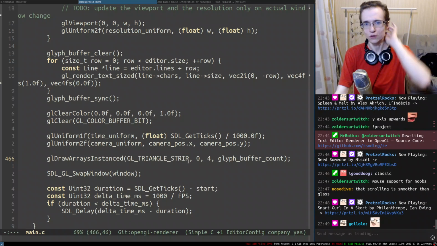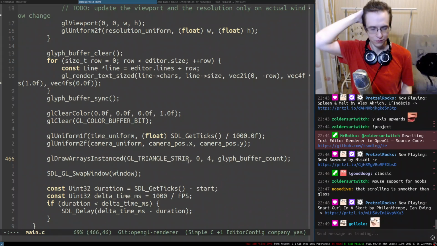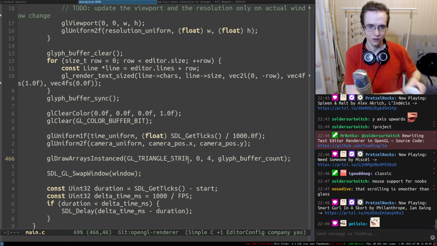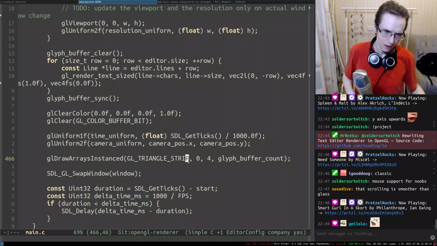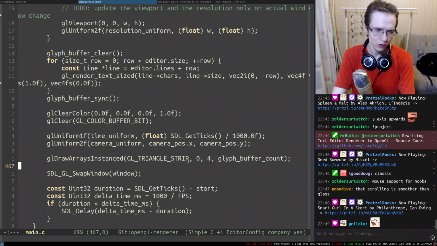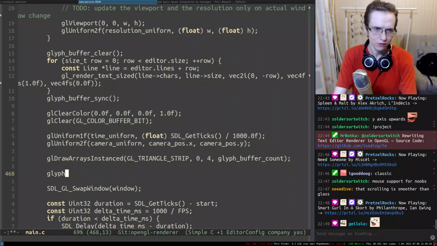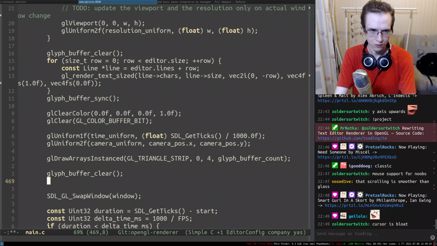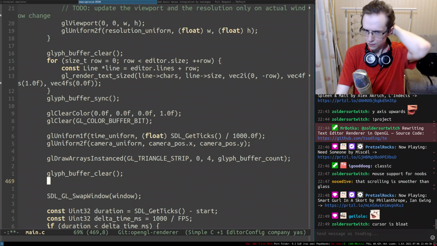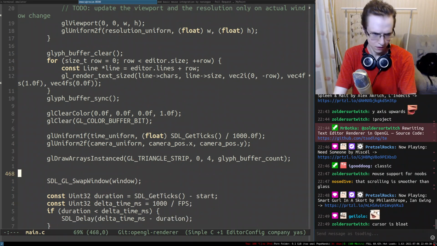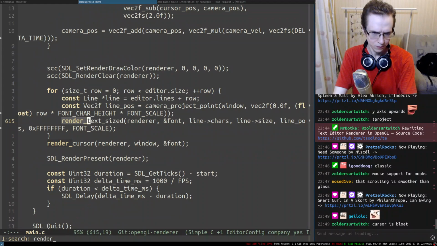The only thing we need to draw now is the cursor itself. Right, we need to draw the cursor itself. The interesting part about the cursor is that I think it should be really easy. So we do glyph buffer clear, so we clean the buffer, and we only want to render a single glyph. Right. Render cursor.